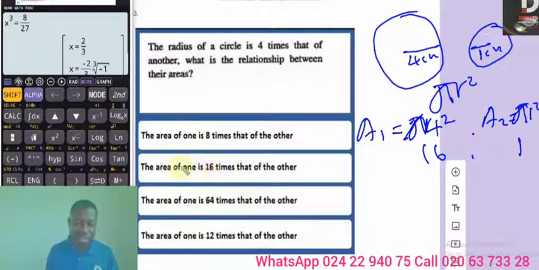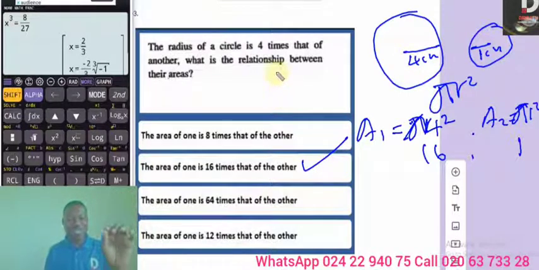So what can we say? The area of 1 is 16 times the other. This is the correct answer. So he said the radius of a circle is 4 times the other. You don't know the other, so you can represent it by your own number, any number that you prefer. So 4 times that, put it there and go. Find the relation between their areas. Find their areas. An area of a circle is